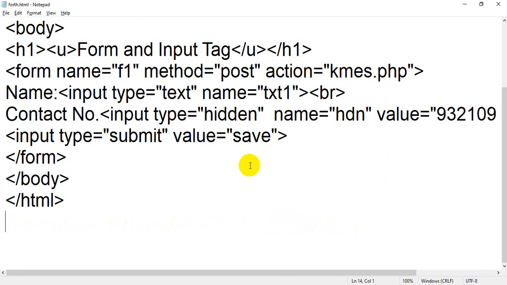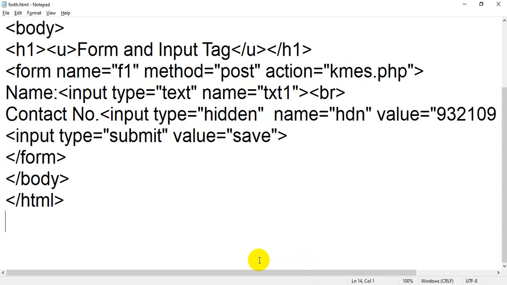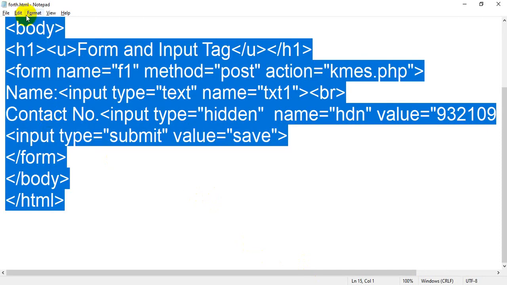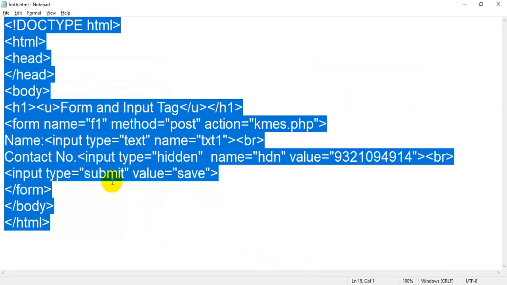Now the next thing I am going to discuss with you is input type. What is the input type? We are about to learn input type equal to color. Let me decrease the size. Save this file.